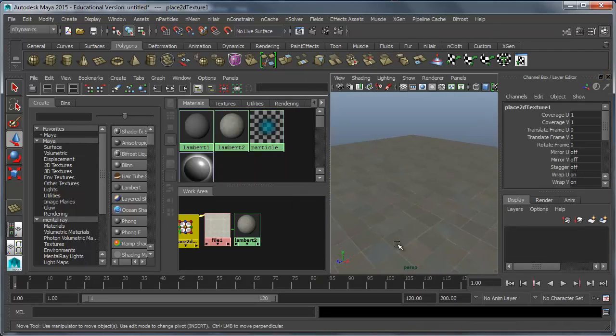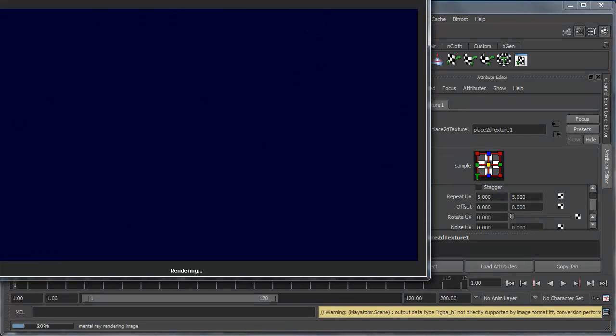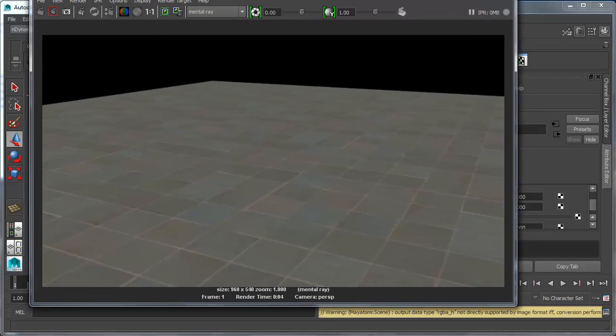And if I render this, I'm going to set up a mental ray sky so that you can see how this will look. So let me render that. So when I render this, you can see that texture appears, but what I would like it to do is to look like everywhere where